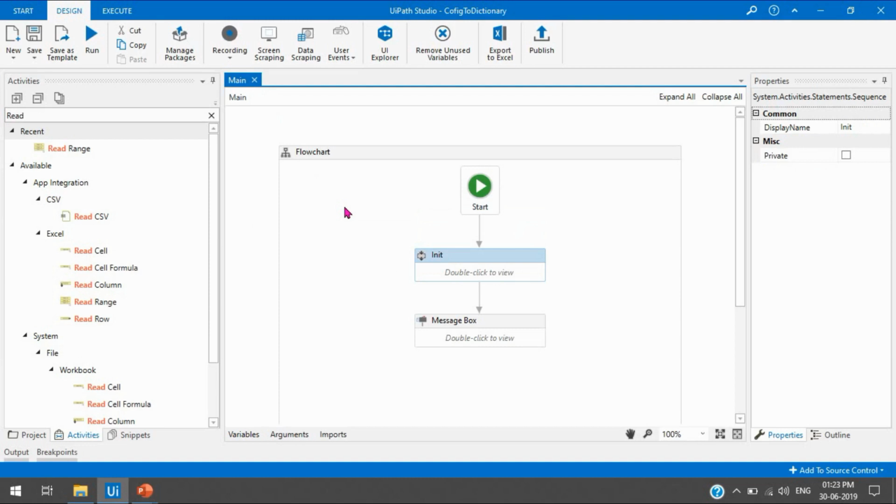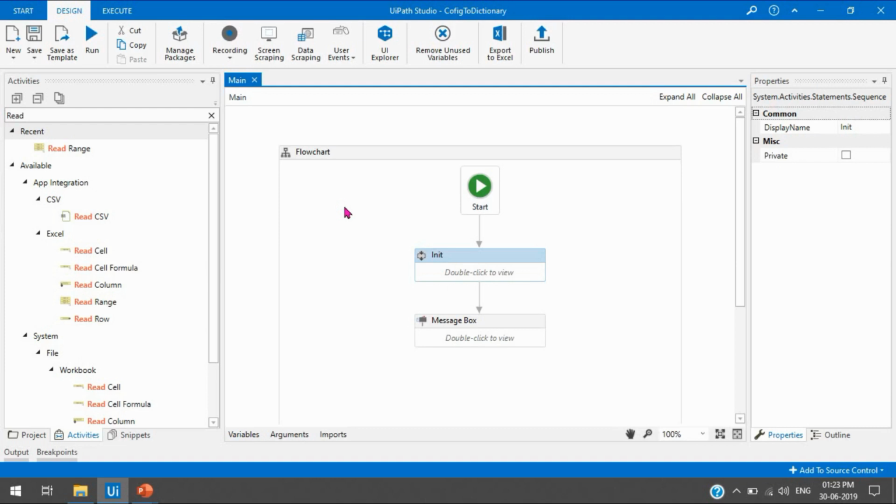For that you have already learnt about the invoke workflow file and the UiPath arguments, so you can understand this easily. First watch that video, I have already created it. I will put that video link in the description, you can go through that.